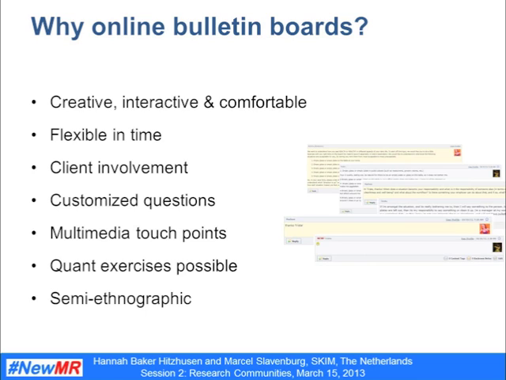Our organization actually has a very strong quant heritage as well, and so there were some exercises that we thought we could insert and actually worked really effectively. And ultimately, with 10 countries and 15 or so participants in each, we got a nice global sample that we're able to analyze. And it is, of course, very much a semi-ethnographic approach. I always refrain from calling it ethnographic because I think that does a little disservice to all the true